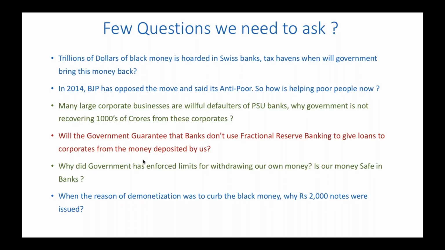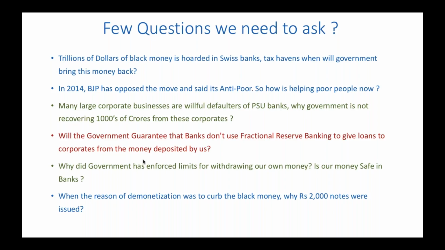And one more important thing, why has the government enforced limits for withdrawing our own money? What's the reason? See, we are paying lots of taxes, service tax, sales tax, this tax, that tax, so many taxes we are already paying, and what money is left to us? Now that money we have to put in a bank. And the question I have is, is our money safe in the bank? What if the bank says overnight that they have given it out in the form of loans and they are not returning it? What if they put up a limit, like what happened in Greece and other countries, where they charge negative interest rates on the accounts? How can the government guarantee that our money is safe?